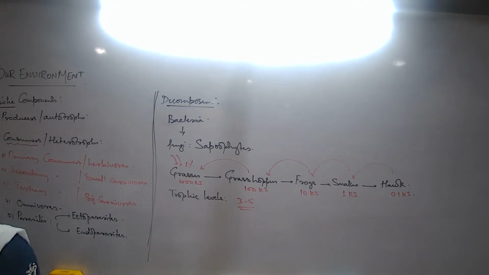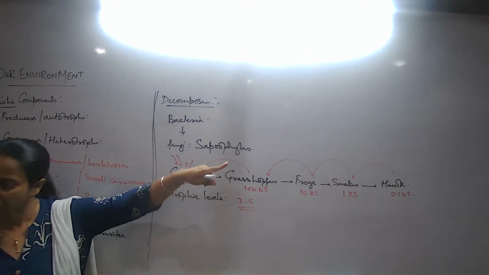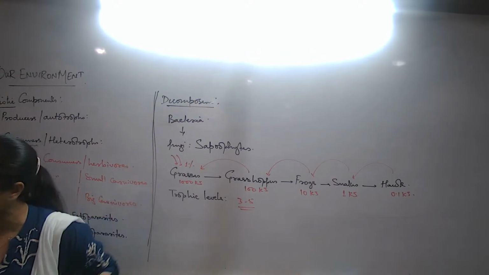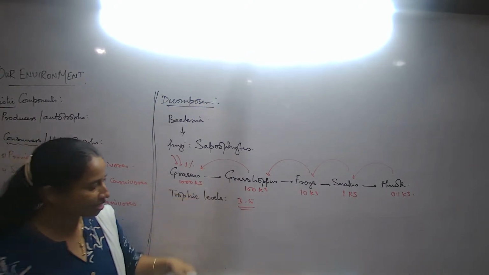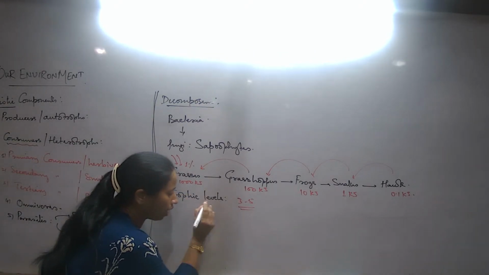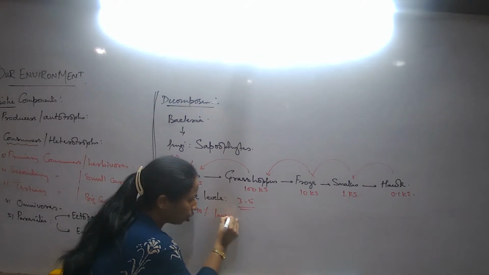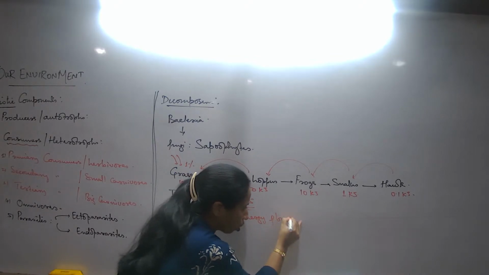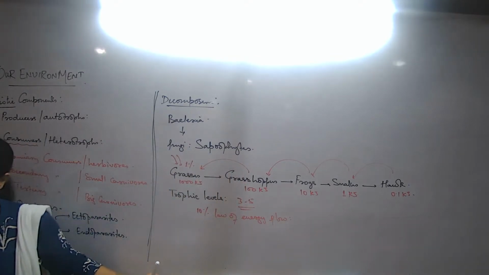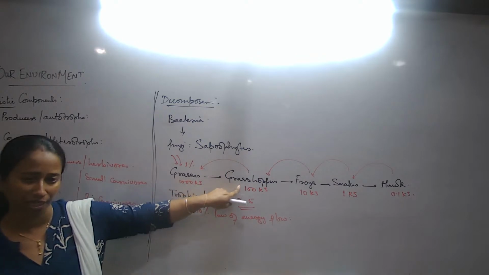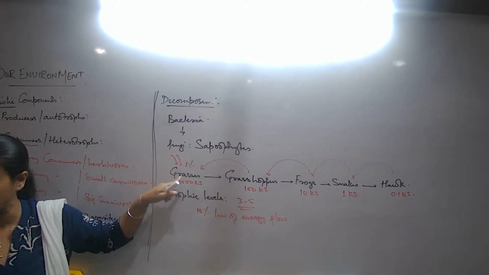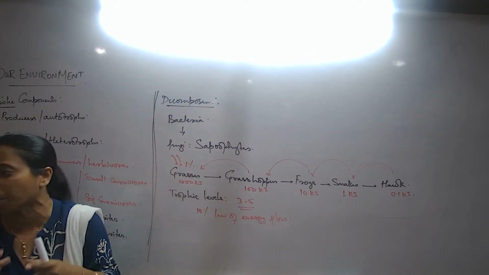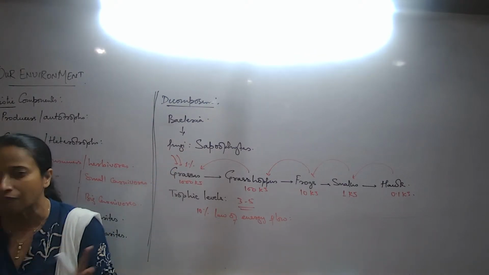If you are asked the question, give the reason. Why? Because after the 5th trophic level, there is hardly any amount of energy left to be passed on to the next. What is this rule called? This is known as the 10% law of energy flow. What is the 10% law of energy flow? Whenever one group of organisms feeds on the previous one, it can receive only 10% of the energy from the previous, nothing more than that.